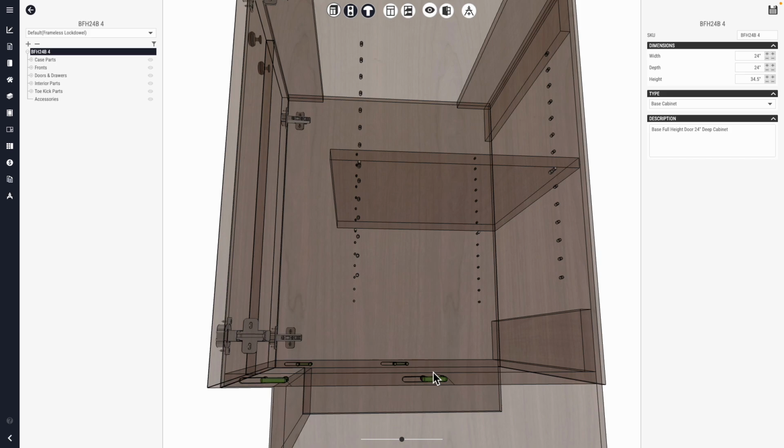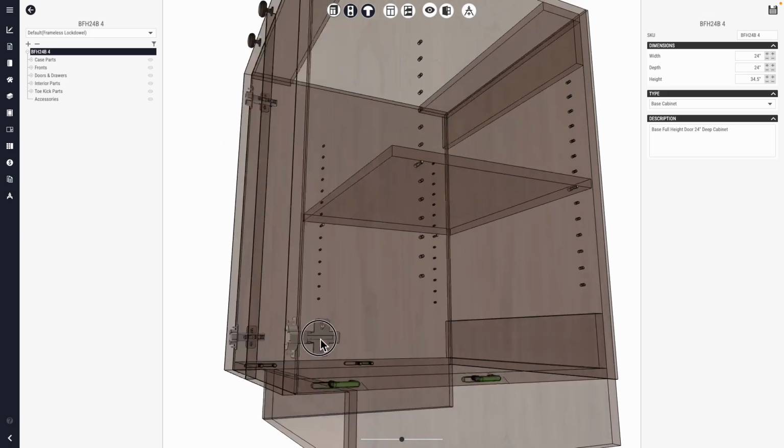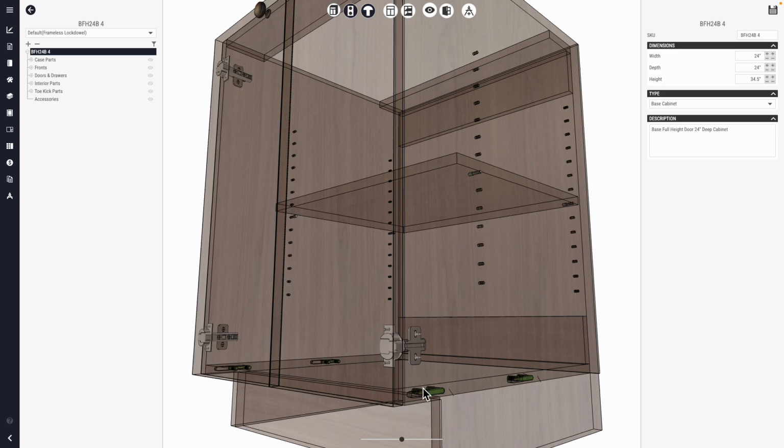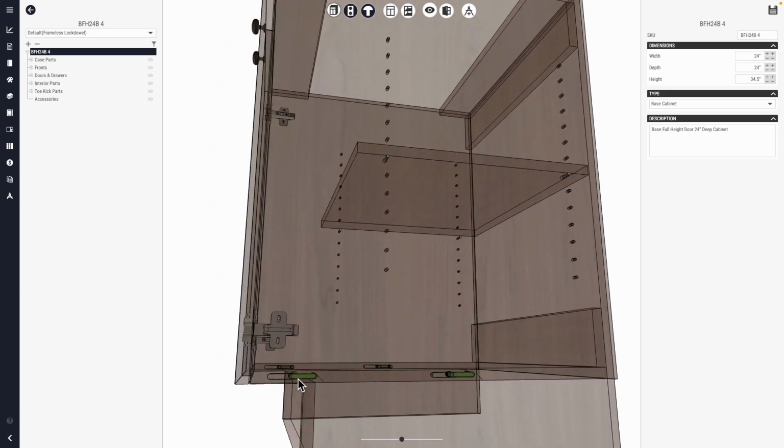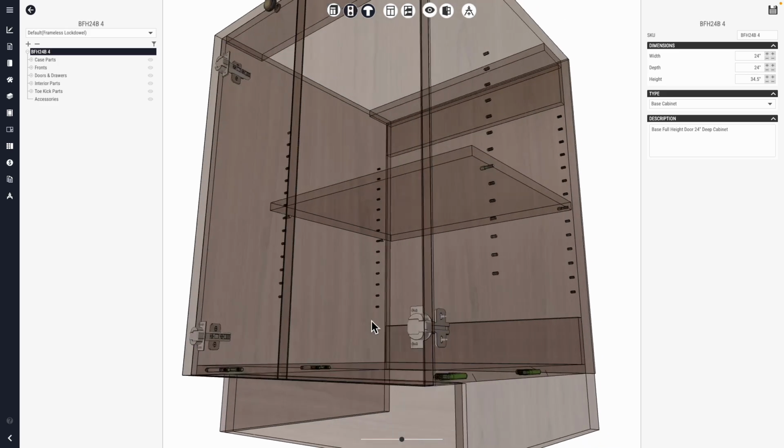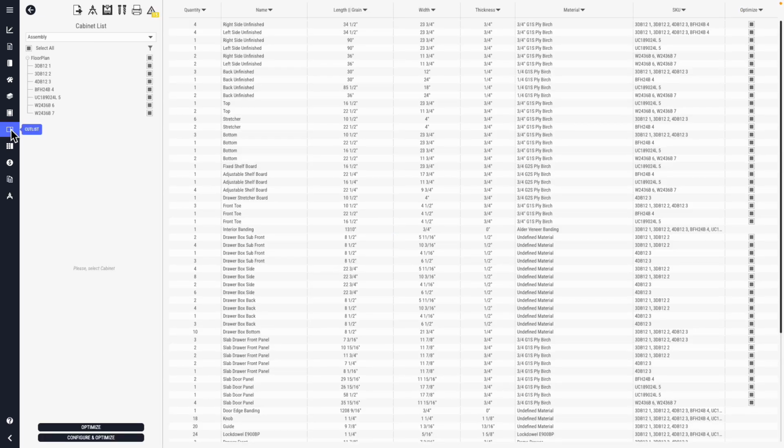Let's see how we can send this to our CNC. Now, of course, the CNC will only be able to make the channel lock on the face of the side. It won't be able to do the edge boring on your bottom shelf because that would require another machine or some kind of jig. But let's see how we can make the channel lock happen. So if we go to the cut list, your tool set will need to have a lock dowel bit,